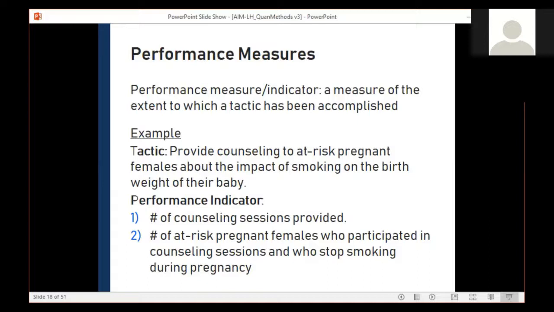Another example, so let's think through this activity of implementing a text line for youth to answer questions and receive answers about sex and sexual health. Some possible performance indicators could be the number of questions submitted on a monthly basis, and the amount of time to respond to those questions. Performance measures only partially determine what's going on in a program. Therefore, collecting data on performance measures alone does not constitute evaluation. To have a complete picture of what's happening with the program and answer the whys and the hows, you really need to conduct evaluation.